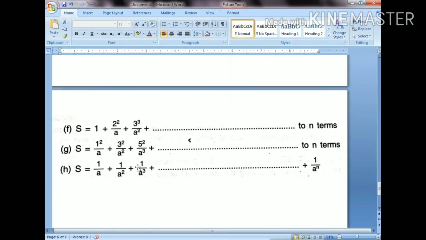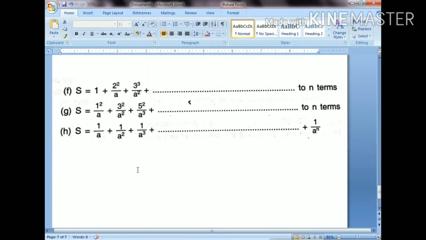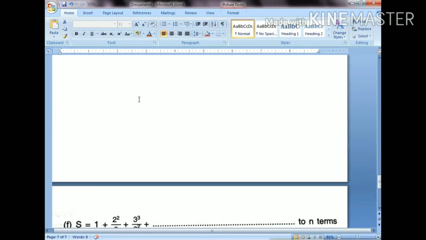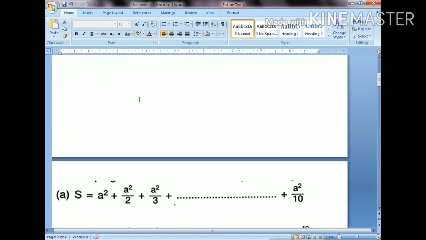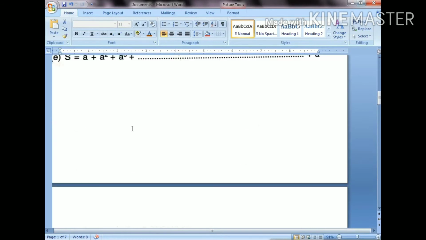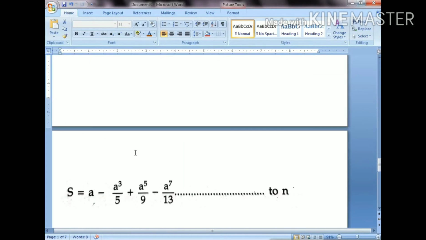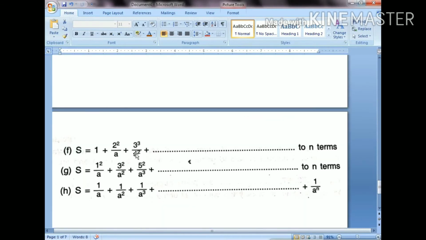Now see these three. In that case, 1 plus 2 square by a, 3 cube by a square, it's similar like a square. So what I have to do, s equals 1 plus 2 square by a plus 3 cube by a square till n. So easily in the case of f I can write